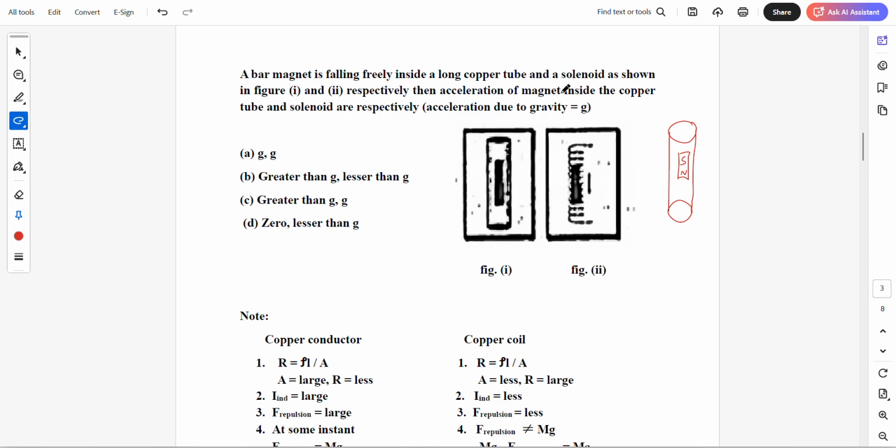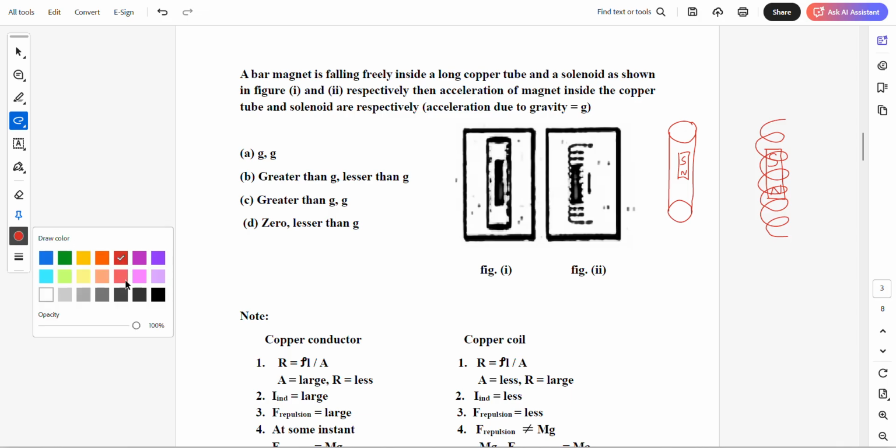This is a solenoid, a copper solenoid. There is a magnet here. Let us take this as north pole and this as south pole. Let us say this is north pole, this is south pole. Okay, there will be a